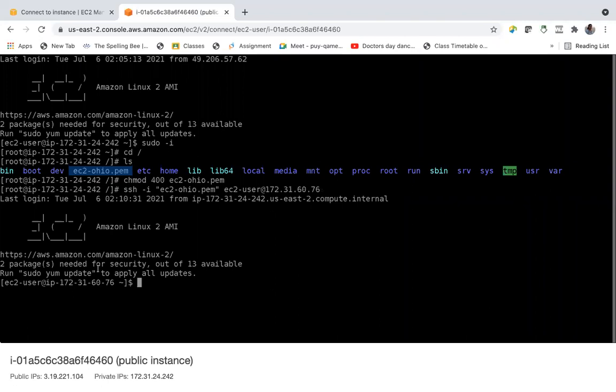So we have connected. You can see this is our application server, or private server now.